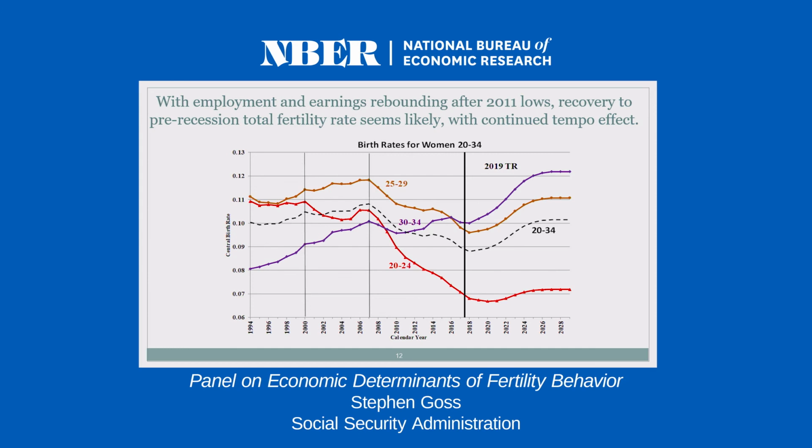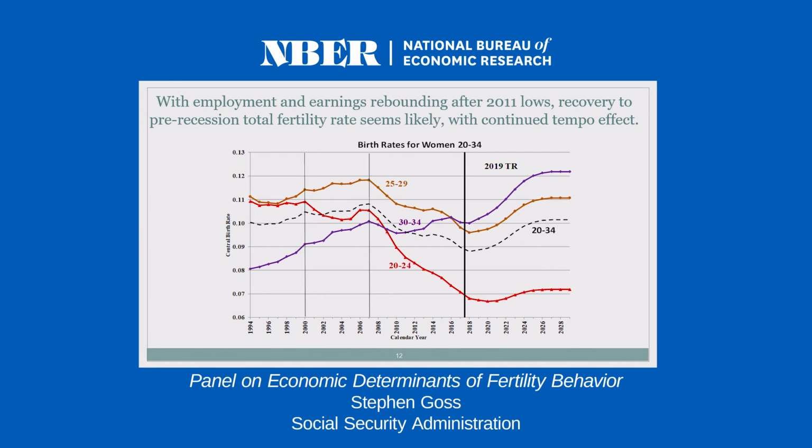The question is for 25 to 29 and 30 to 34, will the 25 to 29 reverse, partly from what we call a tempo effect? The drop in the birth rates that we've experienced to such a great extent for women under 25, will they now, with a better economic outlook in the future, start to move back up? And will the tempo effect for the 30 to 34s, as it did after the baby boom period, start to come back up? Similar for 35 and older.